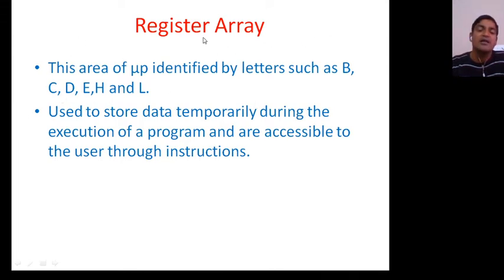These registers are the identifiers of any instruction. Suppose I am writing B equal to C, means B and C are what? Registers. B equal to C, and in 8085 we will use mnemonics. For equal to we will use MOV B, C, means B equal to C, means the contents of C are transferred into the B register, but you can use only valid registers as an identifier.